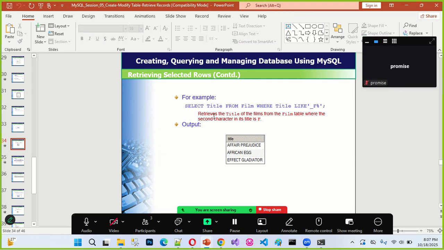Any single letter followed by F, whether Africa, whether affair, as long as the second letter is F, but a single letter before F, because this underscore means a single letter before F. If there are two letters before F, the system will not pick it. Do you get it now? And after that, F will follow.